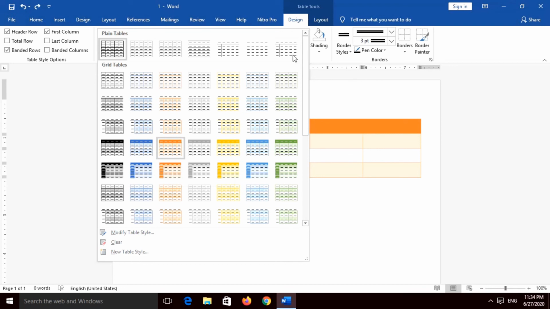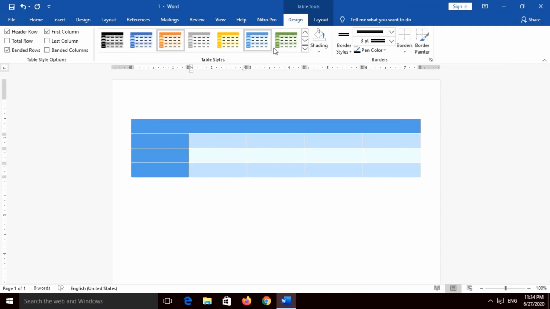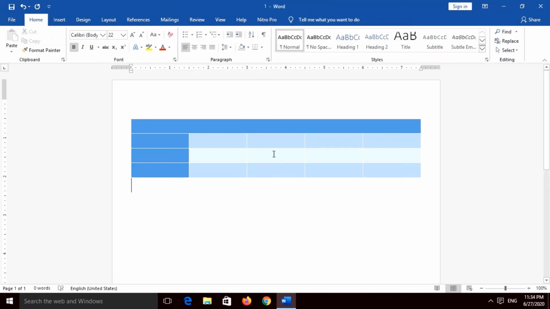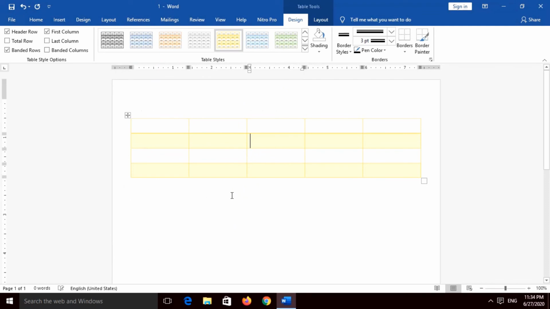Now when you click on the table style, you can see there are different table styles given by the company, which are integrated with the table style option. Now these are the different table styles. You can choose one according to your choice. Now as I have chosen this particular table style in my case, you can change the style again. If you don't want this, you want another, just go on selecting and the same thing appears on the screen. This is the way you can choose a table style according to your choice.